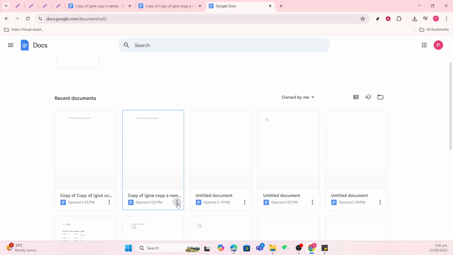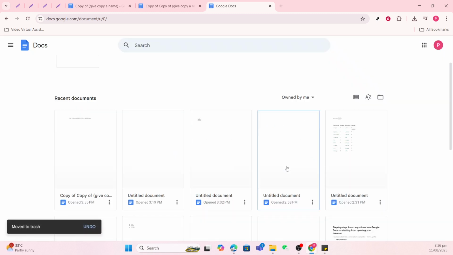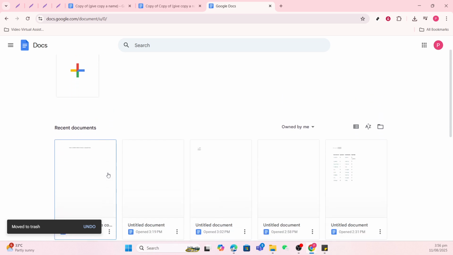If you find that you no longer need the original document and want to tidy up your drive, head back to it. Click on File once more and select Move to Trash from the drop-down menu. This will essentially save you space and keep your drive organized. It's as simple as that. You now have a document devoid of any previous version history, ready to continue with a clean background. If, however, you need to restore the original from trash for any reason, open